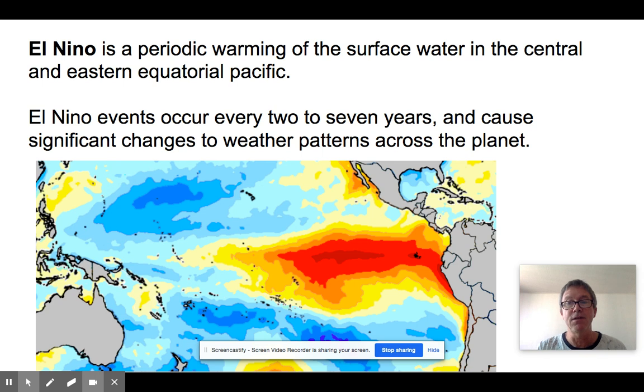It causes flooding, it causes drought, it causes forest fires, it causes all kinds of changes in fishing results. So it's just a really important thing to understand, and we still don't quite get it. I mean, we can recognize it when it's happening. That data you were looking at came from the NOAA, the National Oceanic and Atmospheric Administration's website, that was specifically looking at indicators of the onset and the termination of these ENSO events.